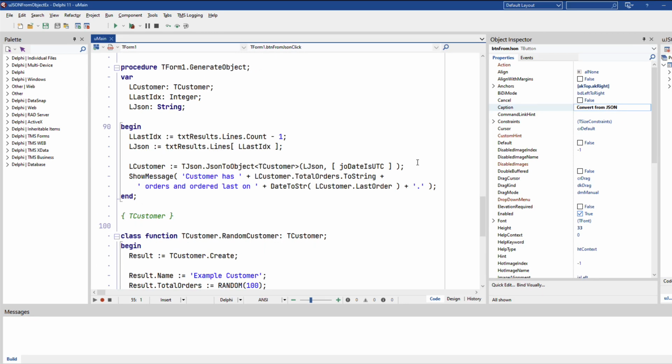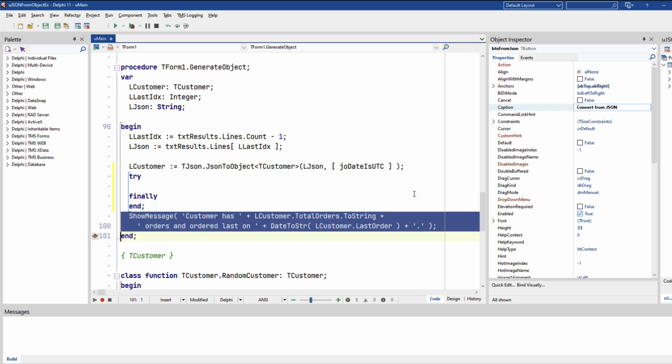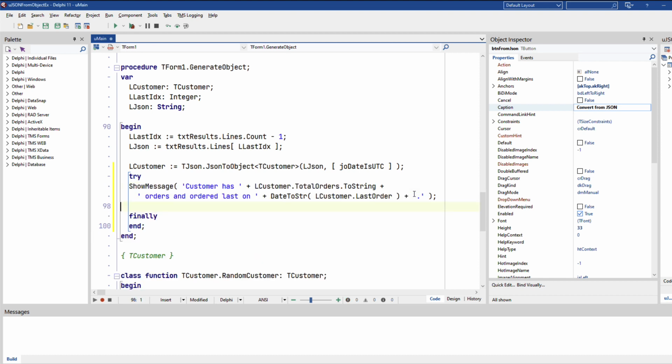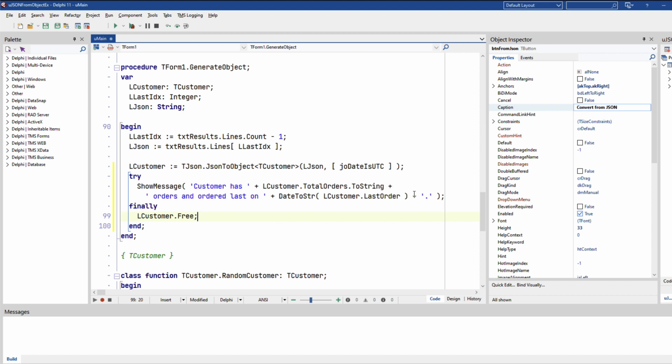While you watch this, I'm quite sure your fingers are already itching looking at this, of course, and that's why there is no camera. I noticed it while editing the video. Of course, I need to release lcustomer from memory. So I wrap it here and lcustomer free in order to prevent a memory leak from happening.